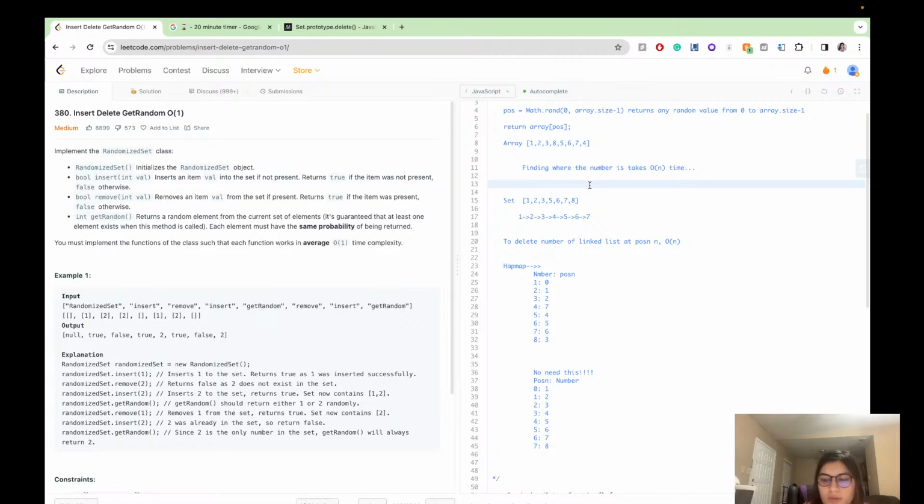Yeah, so this was the only problem. Finding where the number is. So the problem in my array was there are two problems, right? Finding where the number is takes O of n time, and after finding the position of the number, deletion takes O of n time because I also need to delete it. So this is solved